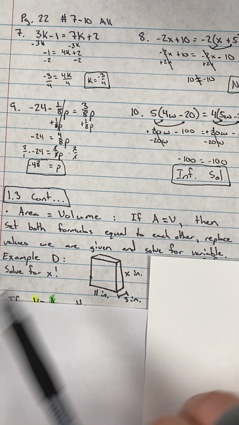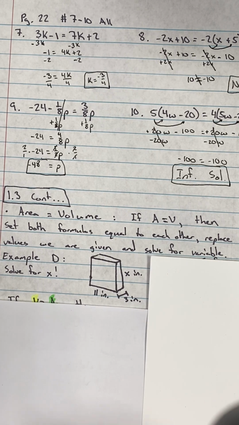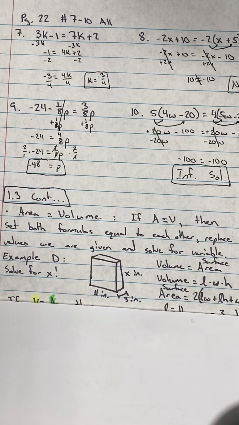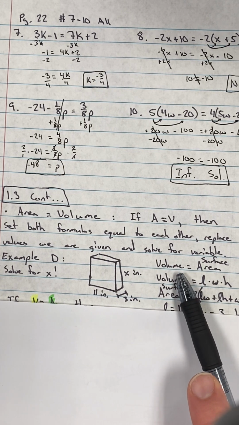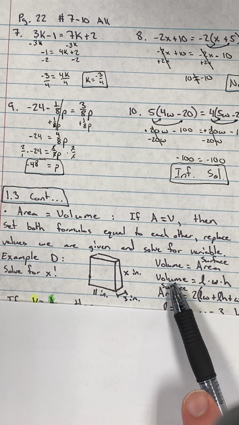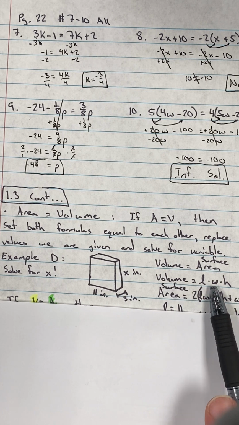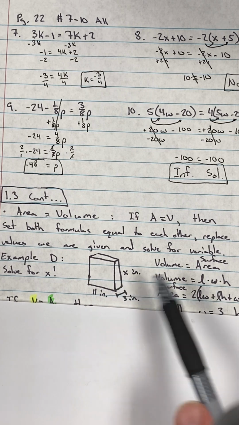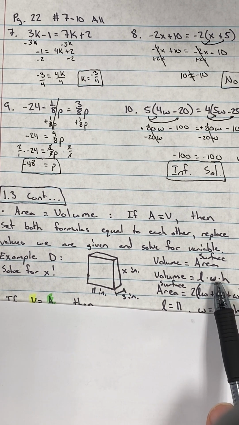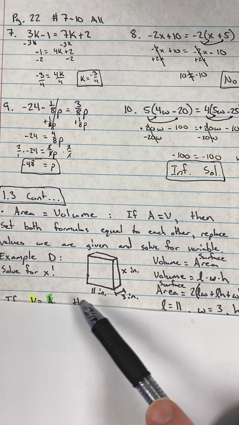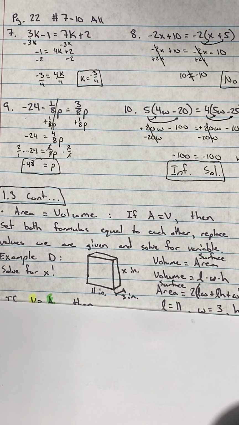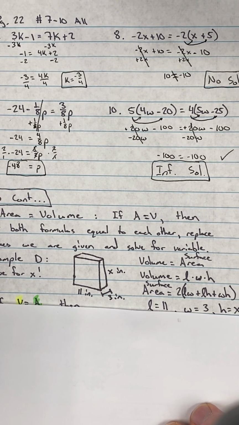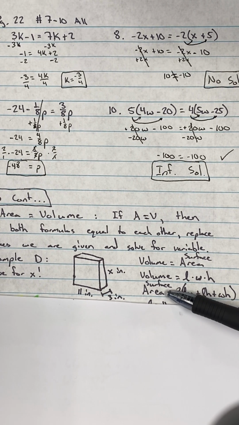So the first step, in order to set the formulas equal to each other, I need to know what the formulas are. So if you look this up, or you use the sheet that you were given in class, you should be able to know that if volume equals surface area, we're going to check out what the volume is first. So volume of a rectangular prism, which is what this is going to be, is length times width times height. That's a pretty easy formula, right? This times this times this. However, surface area is a little bit more complicated. Surface area is going to be